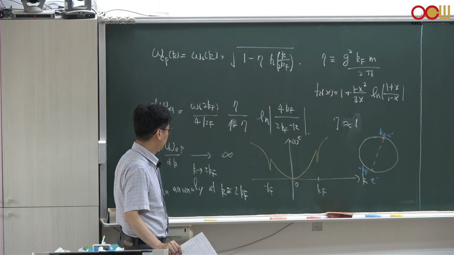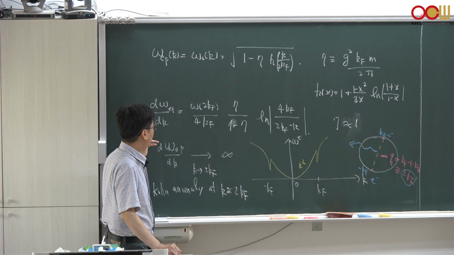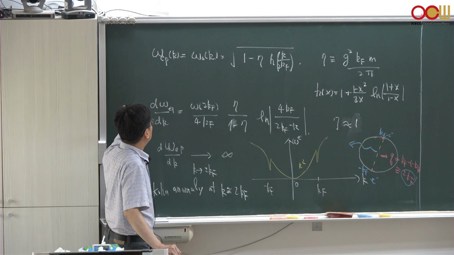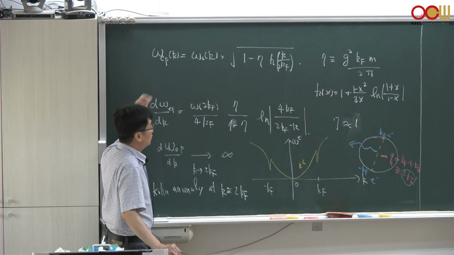But because of the phonon coupled to electrons, near the two sides of the Fermi surface you get a very sharp slope change of your dispersion, and this comes precisely because of the singularities of the phonon band. If you calculate the frequency of a phonon due to electron-phonon corrections, it is given by the bare phonon term times the square root of this stuff, which comes from the self-energy